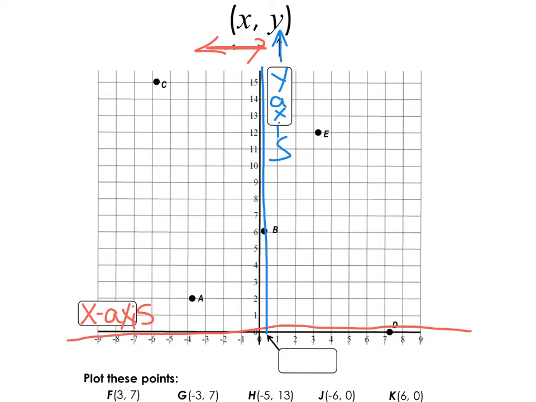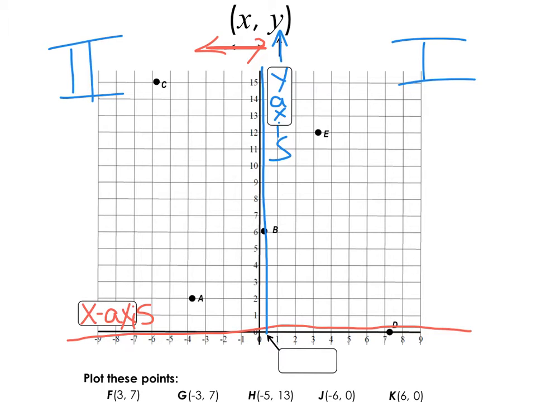Because we're only going to introduce you to quadrant 2, because you guys have already dealt with quadrant 1. You guys already did a positive number and a positive number. And now we're going to introduce you to quadrant 2. Okay, so